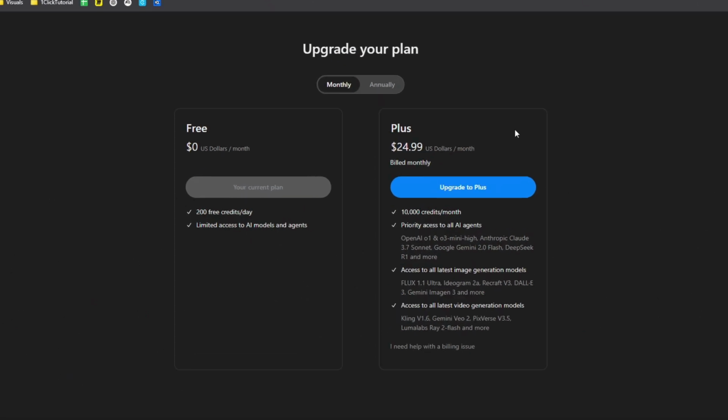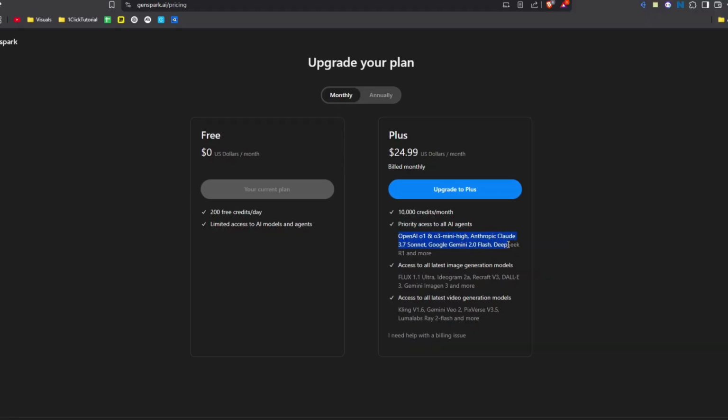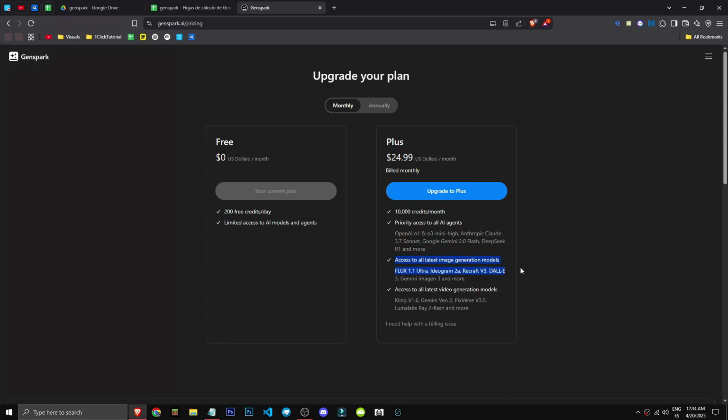It does give priority access to all agents, which is nice. That's much better as these agents are more advanced. We get access to all image and video generation models too. So I think it's a fair price. Seems reasonable, $20 monthly, but it feels quite limited. It'd be nice to have more